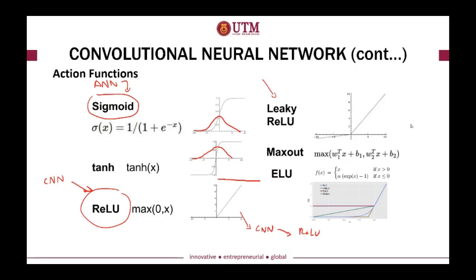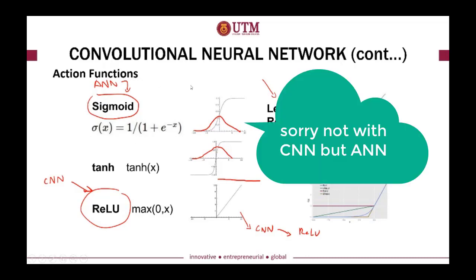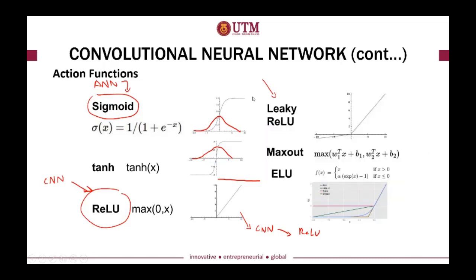In ANN, like I said before, the most common activation function is sigmoid. The sigmoid function has one characteristic which is called a bounded output,